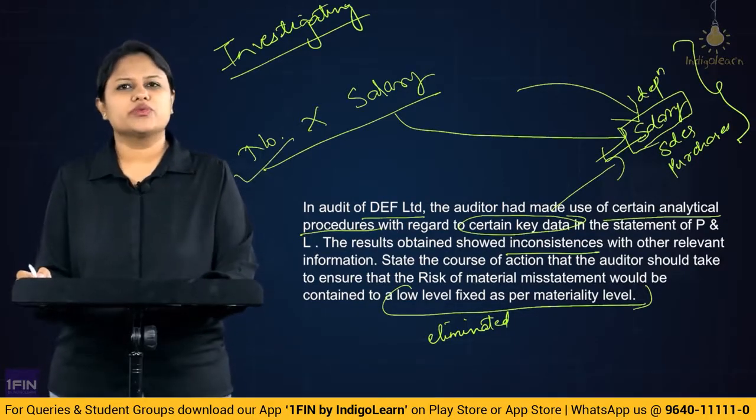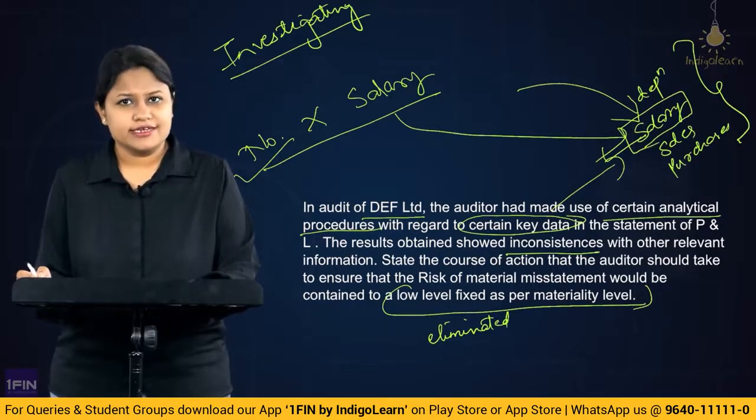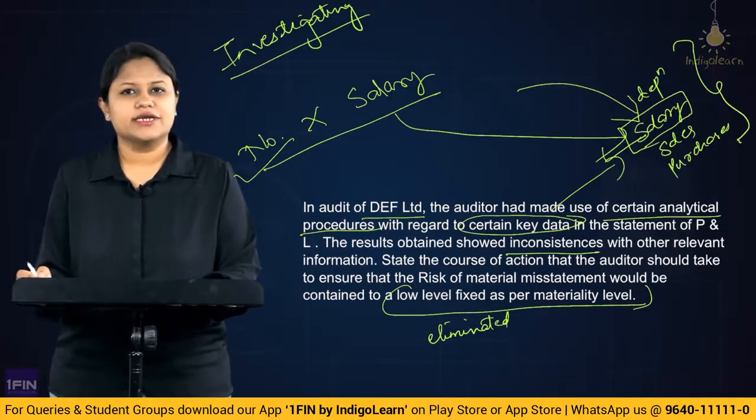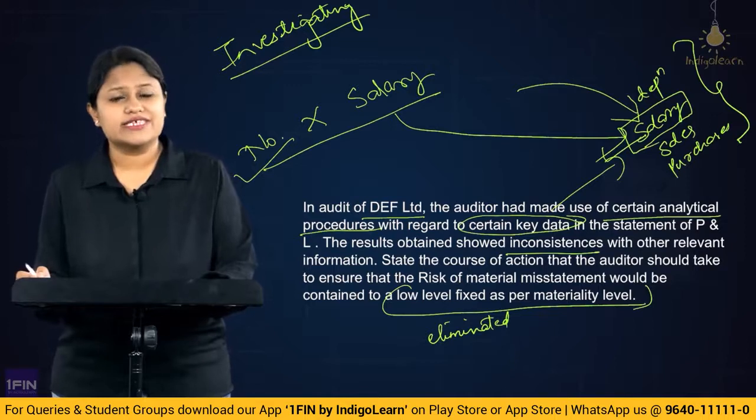So in this case, what will the auditor do? Obviously, since he has come across an element which is indicating a risk of material misstatement, he will now rethink or redesign the nature, timing and extent of his audit procedures. So he has to now investigate on this matter. Therefore, he will now extend